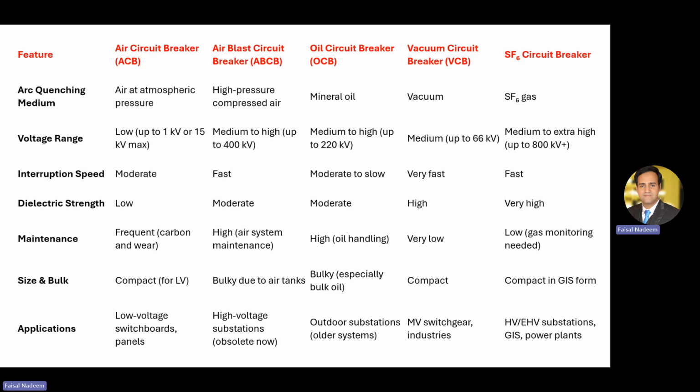So this is the comparison of different types of circuit breakers based on their features: arc quenching, voltage range, interruption speed, dielectric strength, maintenance, size and bulk, and the application. So students, I hope this lecture is clear to you. We have discussed different types of circuit breakers in this lecture, based on which criteria they are categorized into different types, what is the significance of each type, and